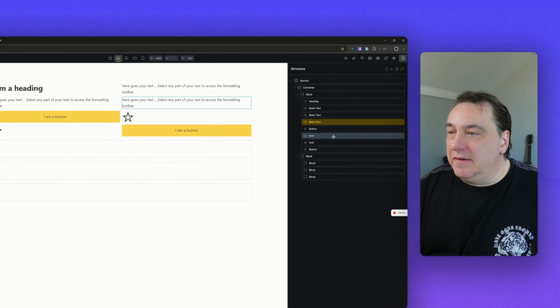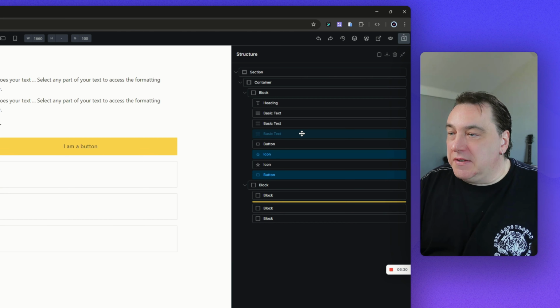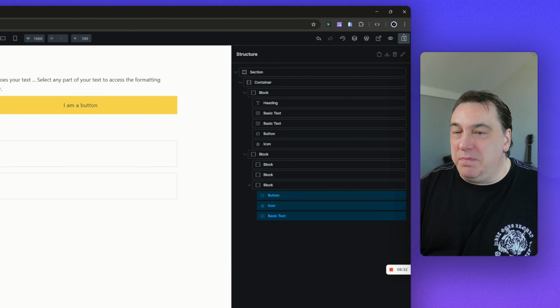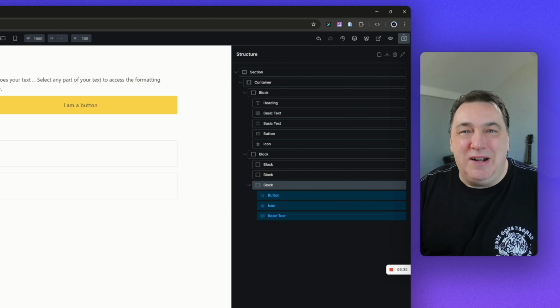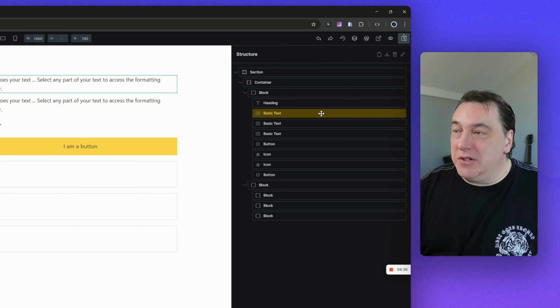So, like I say, the changes are pretty minimal, except, like I was saying earlier, about the biggest change, in my opinion. The number one feature that really makes 2.0 to me a huge jump forward is this right here. If I want to select, say, this one, the icon, and this button, and I want to drag these three and place them down in this block, boom, done. That's huge, and let's say I want to grab a chunk, I can click one, hold down shift, go to the